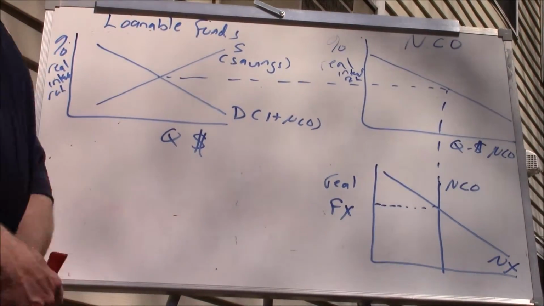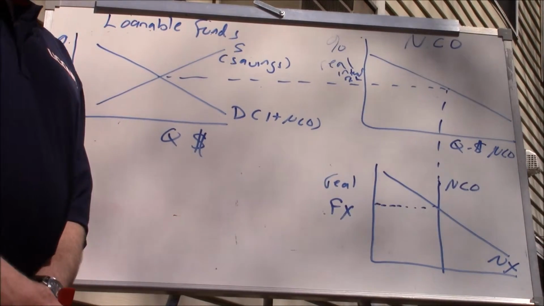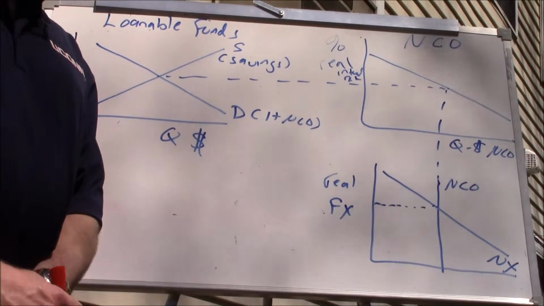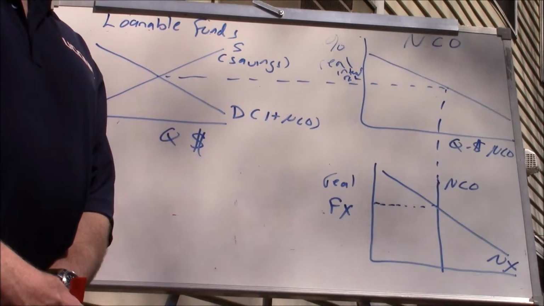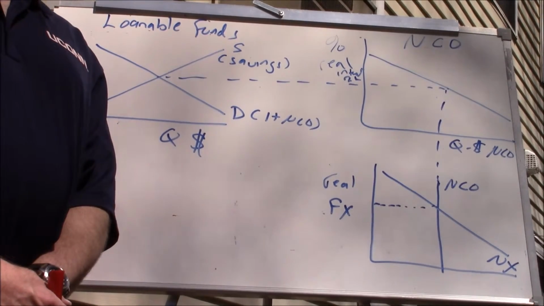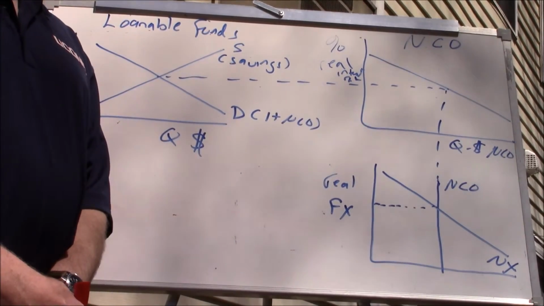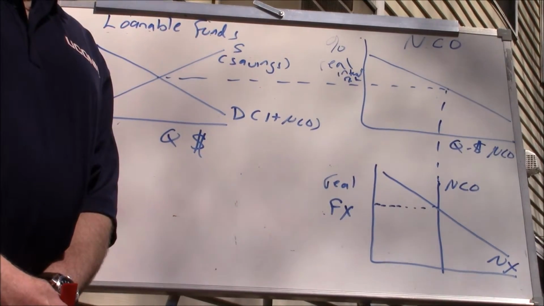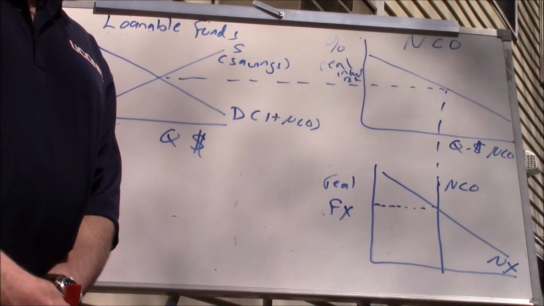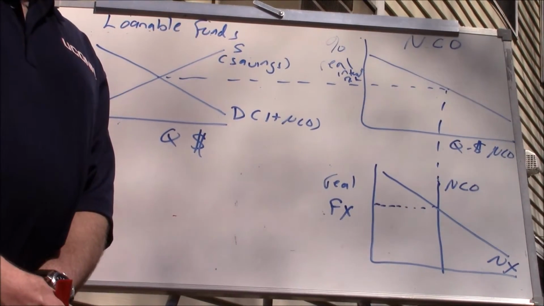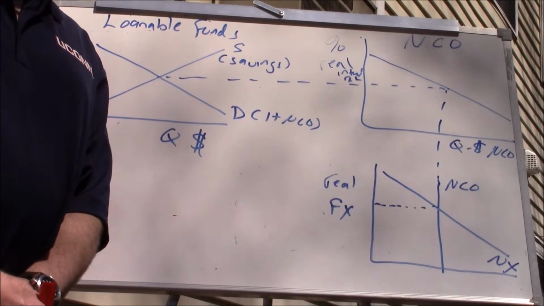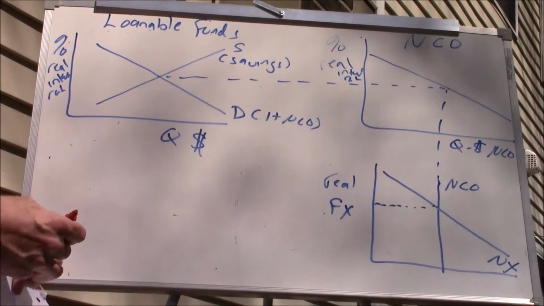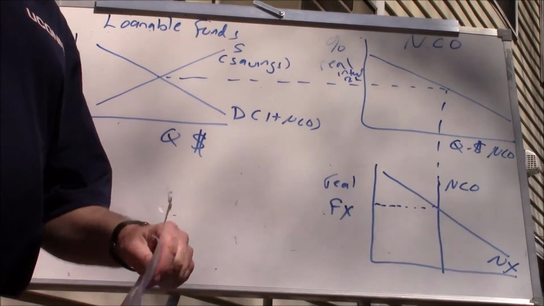The final example we're going to talk about is the question of capital flight. Sometimes you'll see a country, maybe because of political instability or some sort of turmoil within the country, maybe even a war breaks out, a coup occurs, something happens, and a lot of investors or people just try to get their money out of the country. And so we call that capital flight, when people are trying to get their money out of a country. So what happens is net capital outflow increases.